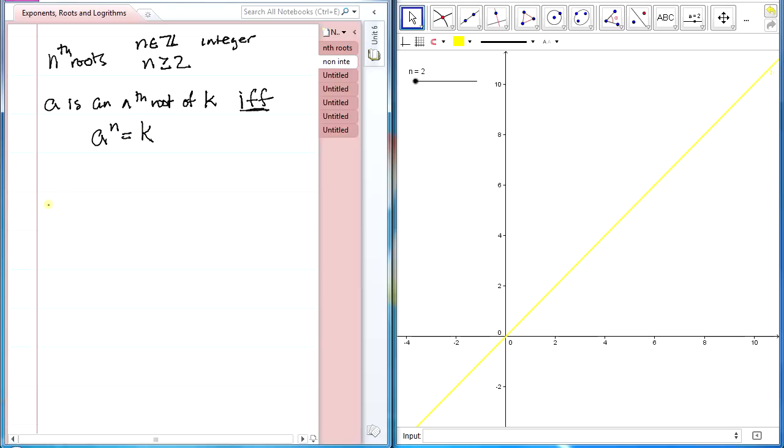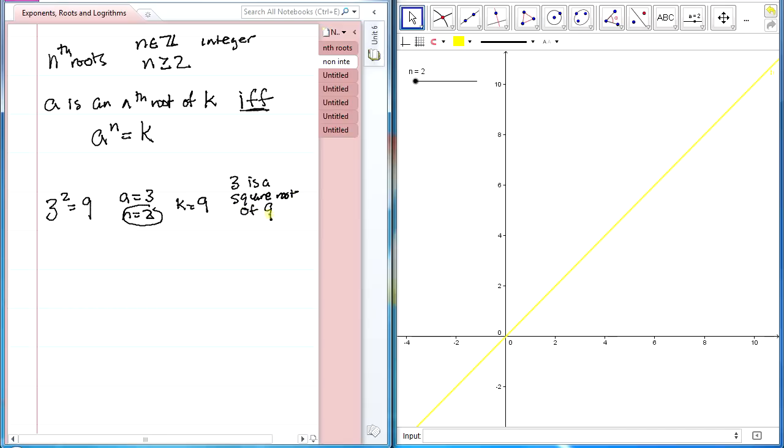So when I look at a problem and I say, hey, 3 squared equals 9, I'm essentially saying my a is 3, my n is 2, and my k is 9. And that would mean that 3 is a, and since n is 2 here, we would say square root